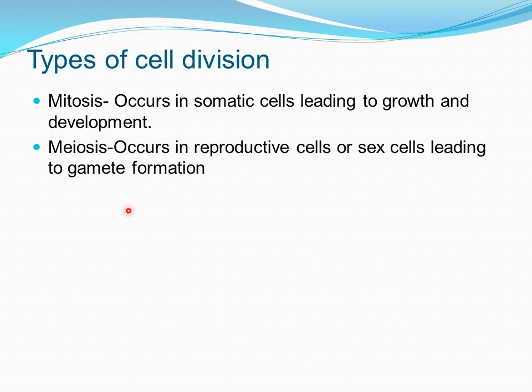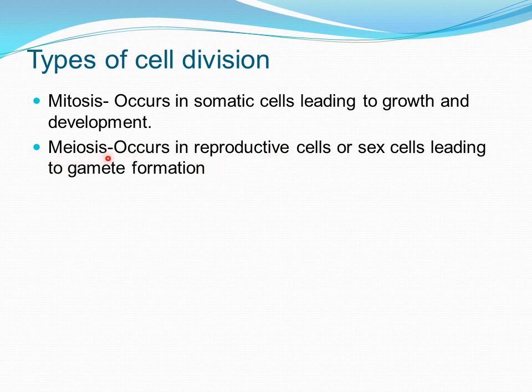So somatic cells form the part of the organism, the body cells. When somatic cells are required for growth and development, the cells divide through mitosis, and the reproductive cells or the sex cells which produce gametes,